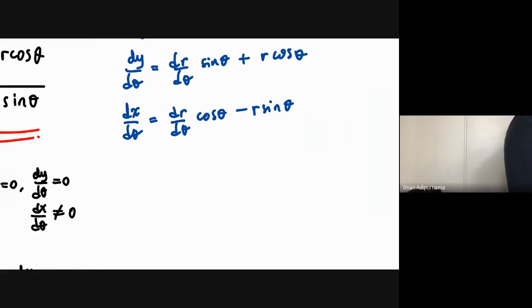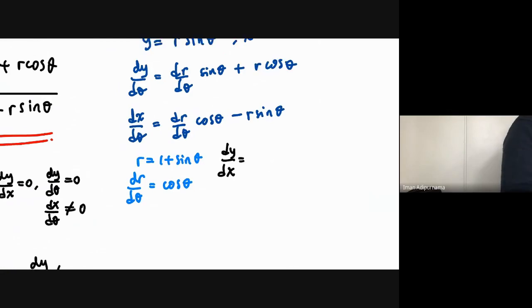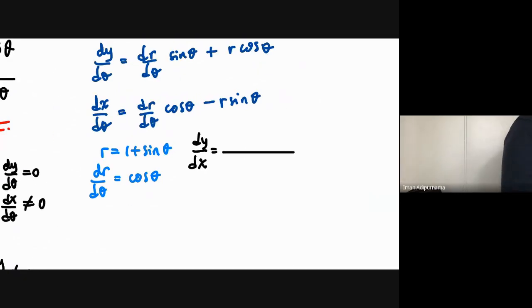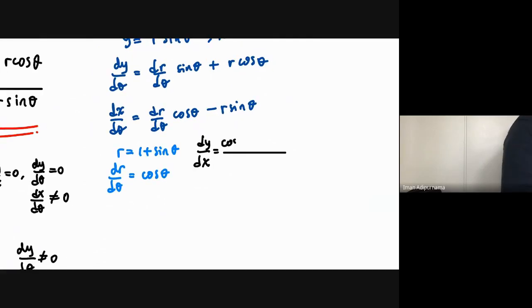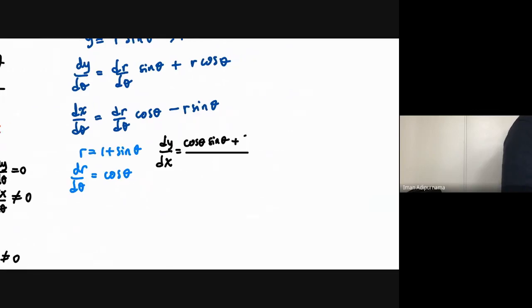So let me use a different color. If you have r equals 1 plus sine theta, then dr over d theta will be cos theta, right? So dy over dx will be dr over d theta times sine theta, and then plus